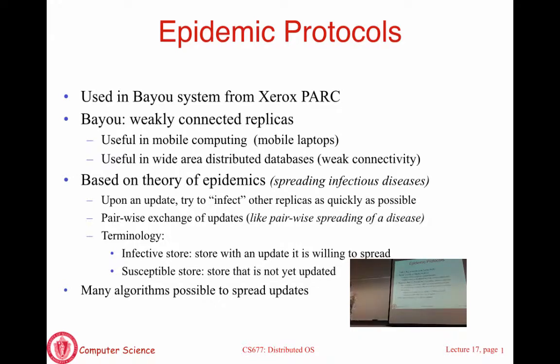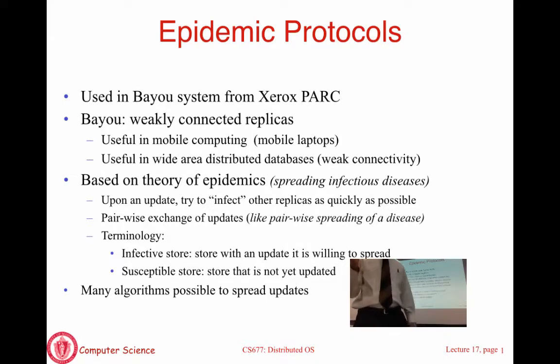The same concept is true in epidemic protocols, which is a protocol to implement eventual consistency. Essentially, you have let's say one replica or a store that receives an update, and the goal is for this update to be propagated to all other replicas, so they are consistent with one another. The way this works is through pairwise exchange, where this store, which we'll call an infected or infective store, will pick another replica at random and try to push the update. You could also have a pull-based protocol where you talk to a store and pull the update. So that's the basic idea.